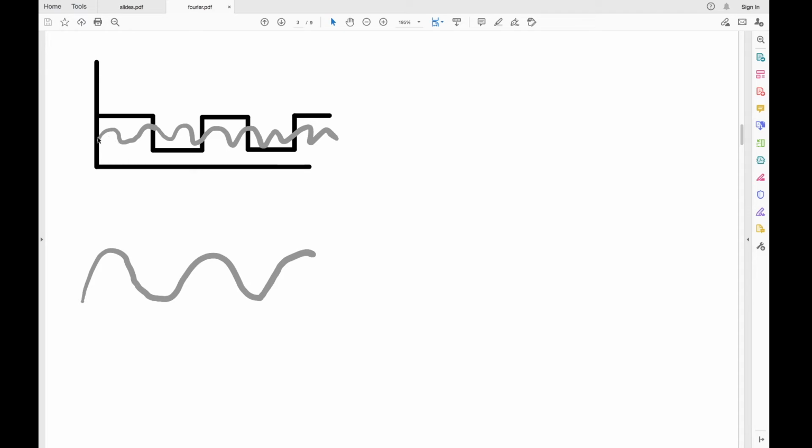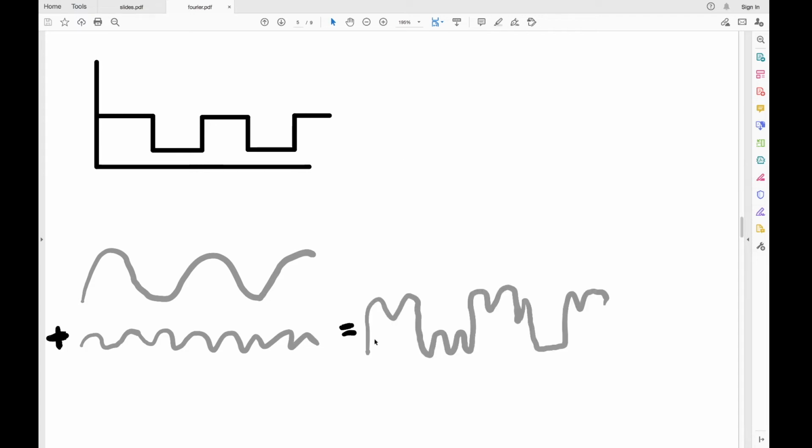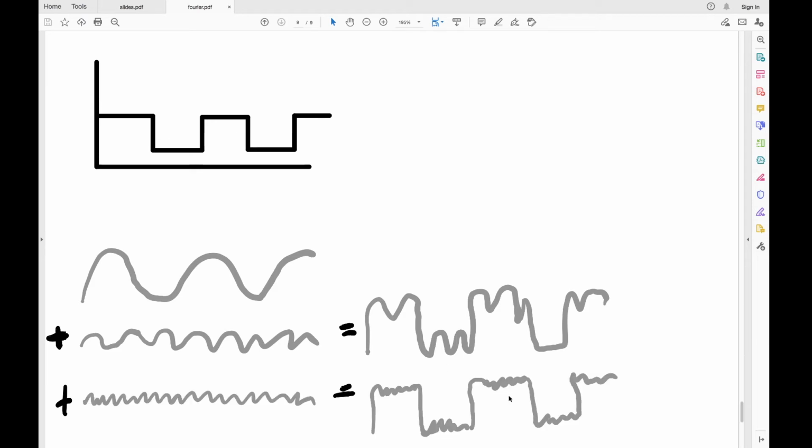and this second sine wave happens to have the same offset but has a different amplitude. And then we just compute the sum of those sine waves, and then we can see that the sum of those two sine waves approximates our rectangular signal a bit better. Like, this is kind of a better approximation to the original rectangular signal. And then we add more sine waves at different frequencies, like this sine wave here. And when we add that to our sum, we find that this sine wave actually approximates the original signal even better, right? And therefore, in the limit, we can represent each signal from the spatial domain as a